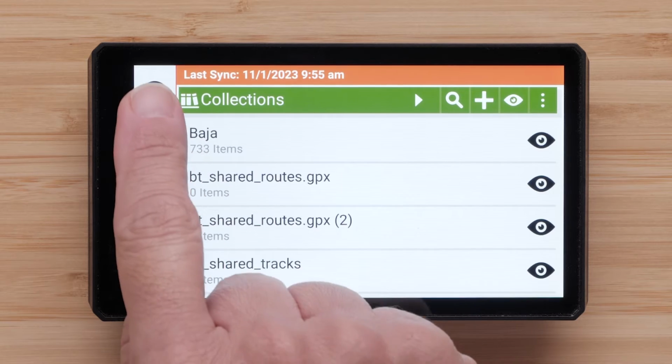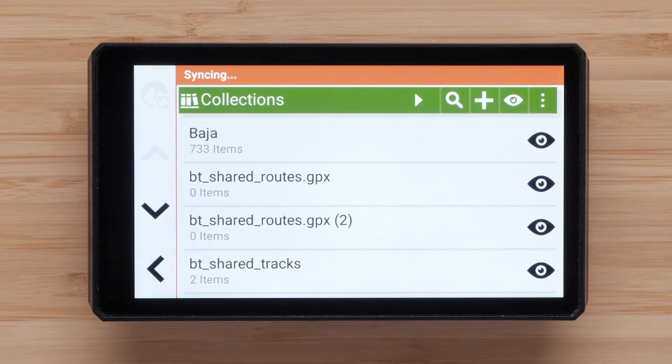The tracks, waypoints, collections, and other GPX data from your Garmin Explore account will automatically be added to your Zumo XT2 device. The GPX data on your Zumo XT2 device will also sync to your Garmin Explore account. You can share Garmin Explore data including waypoints, tracks, and routes from your Zumo XT2 device.